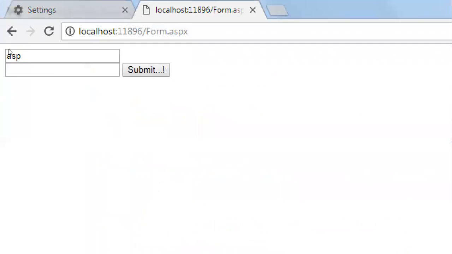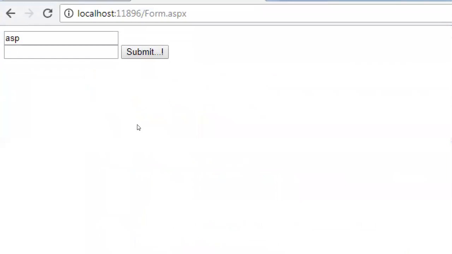The data will not be lost, and this is the one way. And the